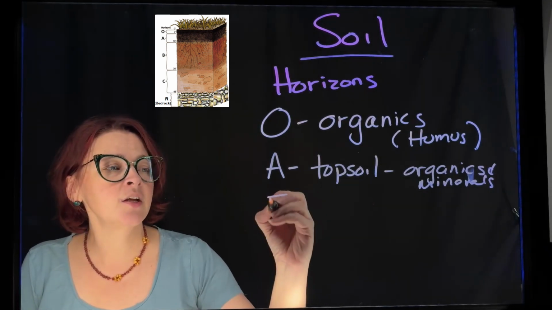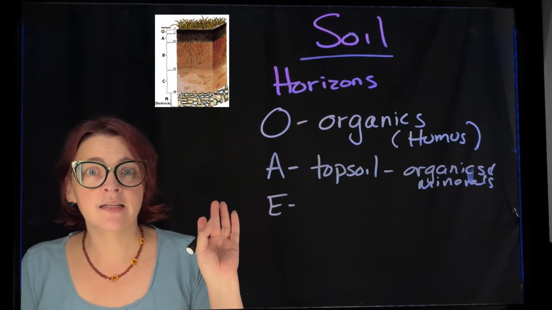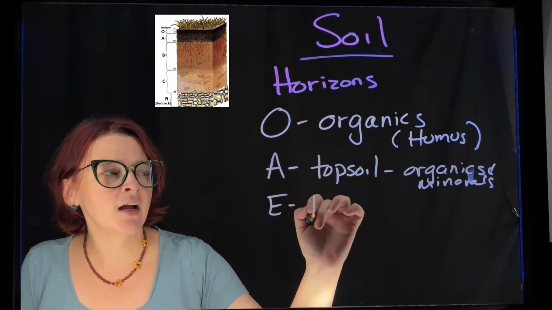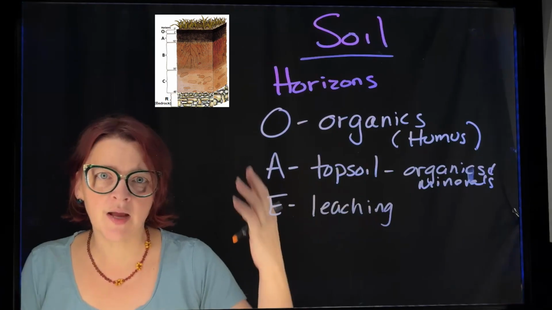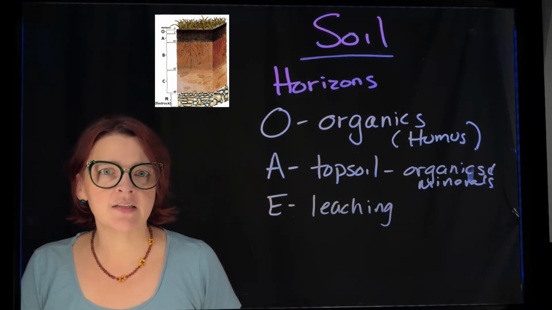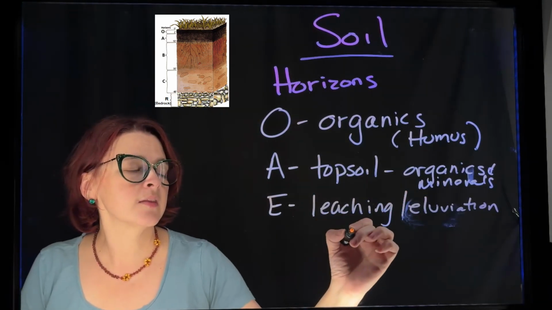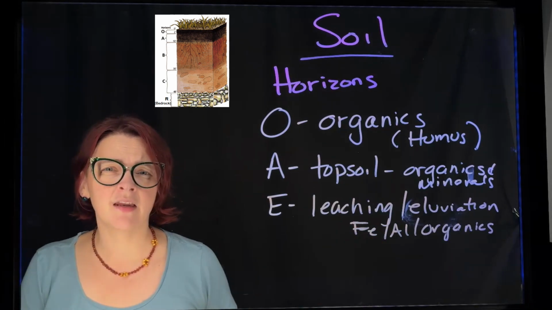Then we have the E horizon. The E horizon might not be there. This is going to be one that is not in every area. The E horizon is an area of leaching. So basically water has come through and removed some of the minerals in that area. This is called alluviation. So things like iron, aluminum, and organics have been leached out and then set down into